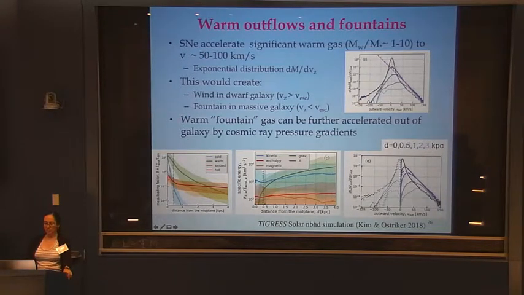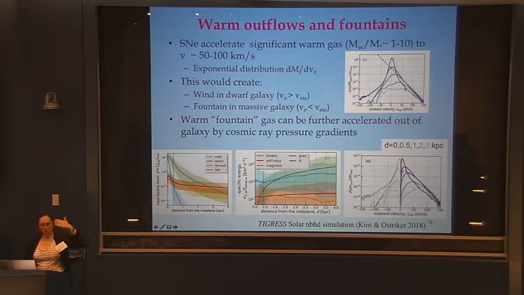This is showing different heights. At the midplane, you have basically a Gaussian, then you see this exponential tail in the velocities if you measure the mass as a function of velocity higher up, so a kiloparsec or more above the disk. So this material can escape from a dwarf galaxy, but for a galaxy like the Milky Way or 891, it